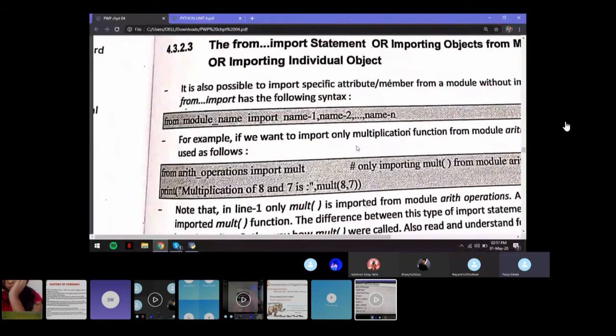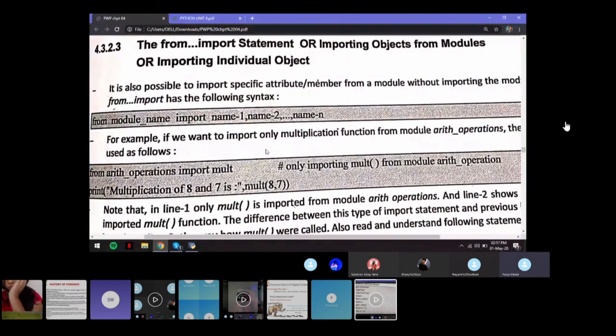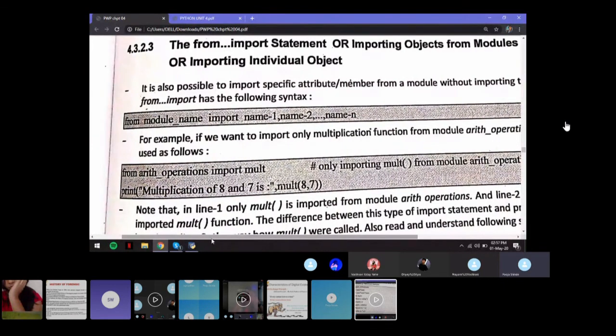Okay, next, the from and import statement. What you're going to do is only import certain functions that you want. So you're not going to import all the functions inside our program arithmetic_operations. We're only going to import certain functions that we need in our new program. So you can write from arithmetic_operations import mult.